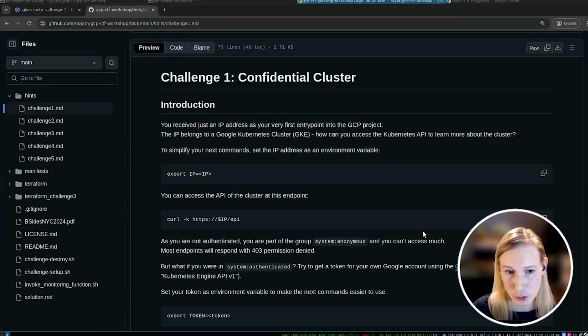As a starting point, all I have is an IP address. And that is the IP address of the GKE cluster that we copied earlier. However, I, as an attacker, don't necessarily know that this is a GKE cluster that's listening there. So my first task might be to just play around with this IP address and see what's listening and what